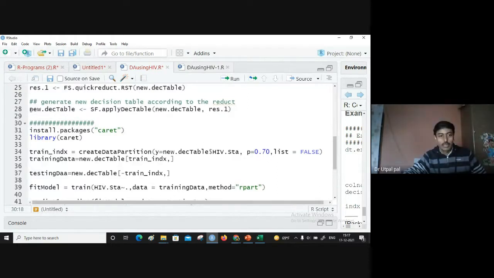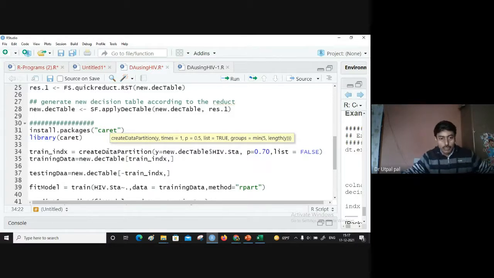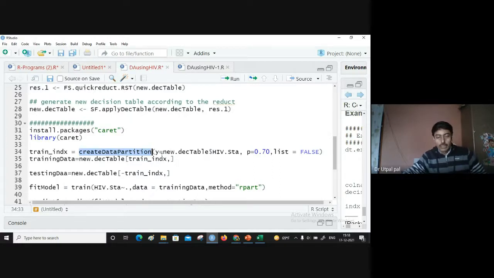We have the data in this variable. Now I want to separate the data into a training set and a testing set. The function for this is createDataPartition. This function takes several arguments.